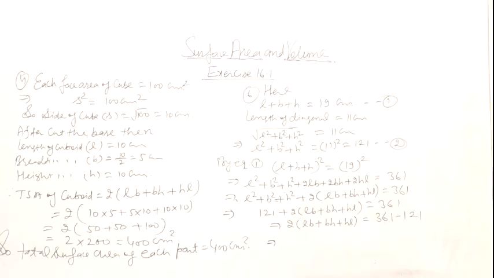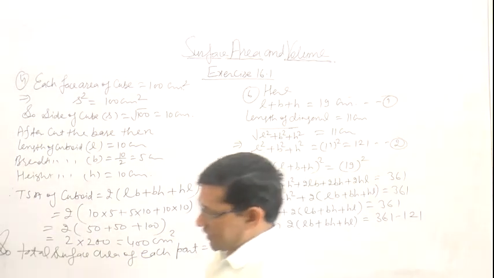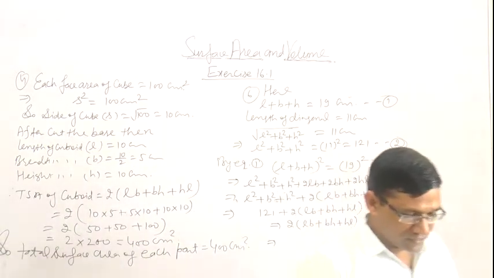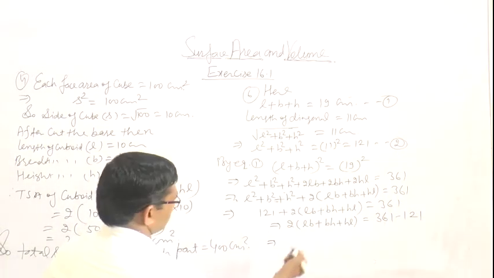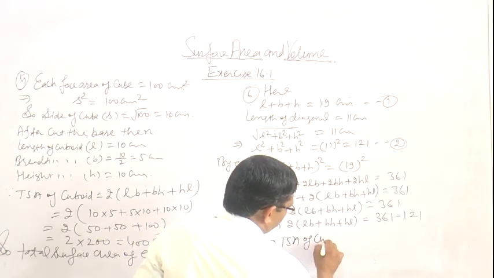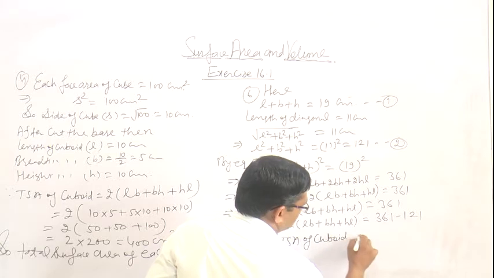This is the formula of TSA of cuboid. TSA of cuboid, so total surface area. In this question we want to find out total surface area of cuboid. So TSA of cuboid is equal to